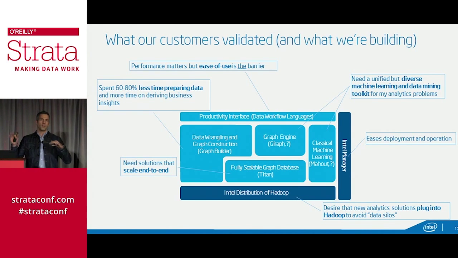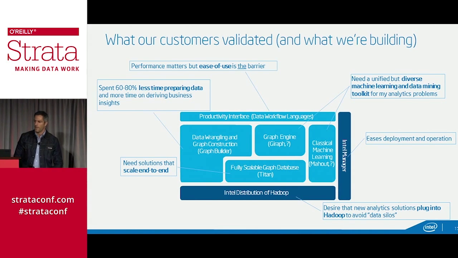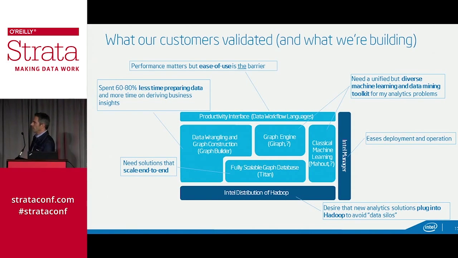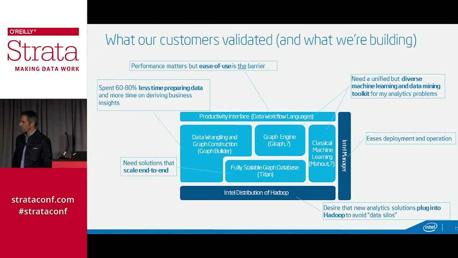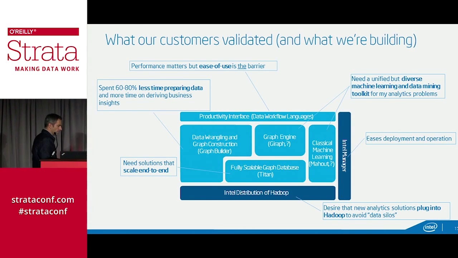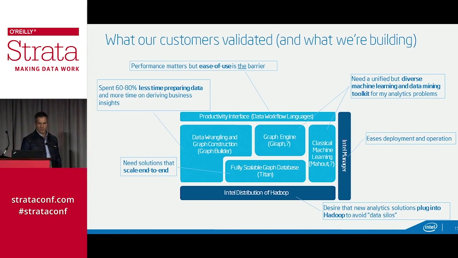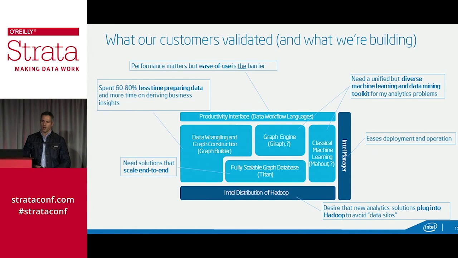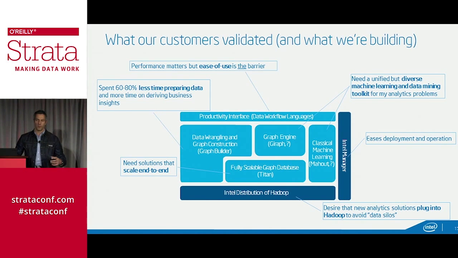And so we went out and validated these challenges we'd heard people screaming about with our customers and our partners, and we decided to build something. This is a super high-level view of what we're doing, and I'm going to get into a couple of these things in a second. First of all, it's key to have ease of use. Performance was where graph analytics started, like how fast can we speed up a MapReduce job, how fast can the computation go, but now ease of use is really the barrier to adoption. So we need a productivity interface on top of the entire pipeline.